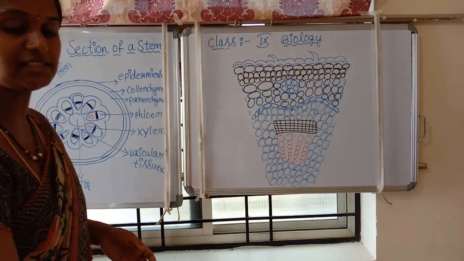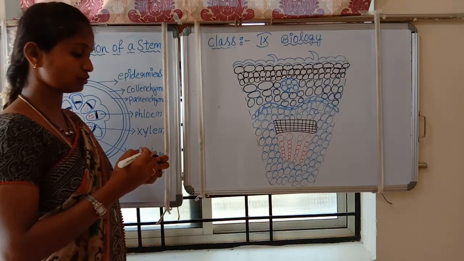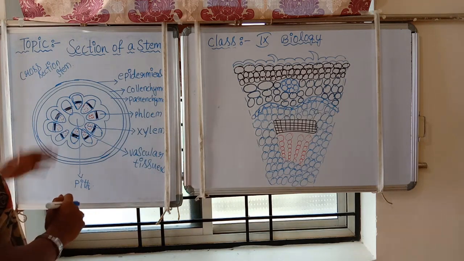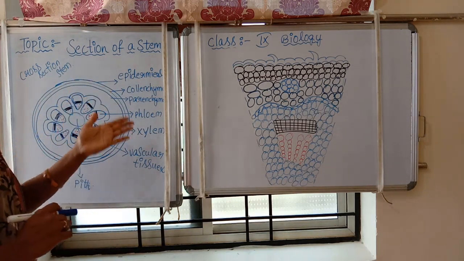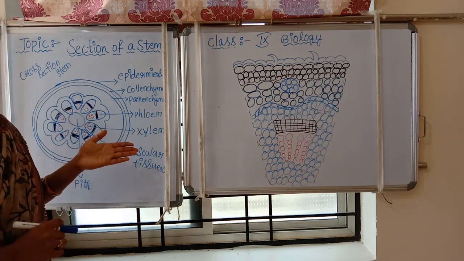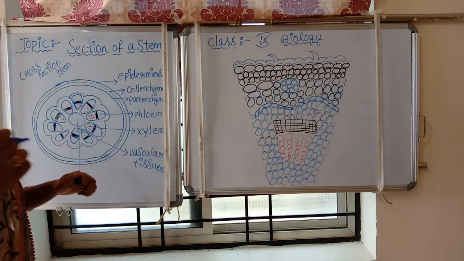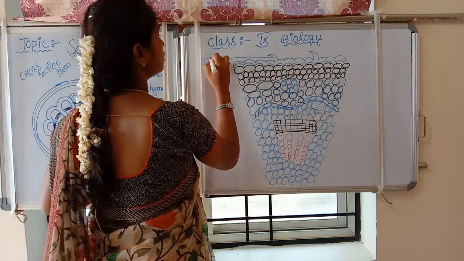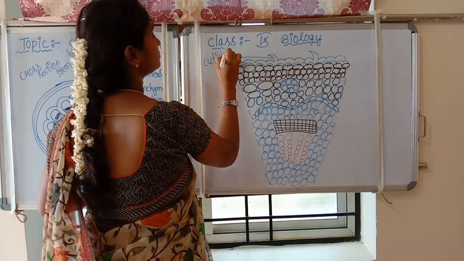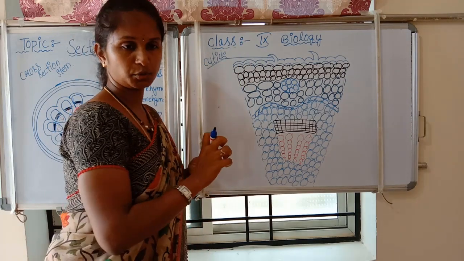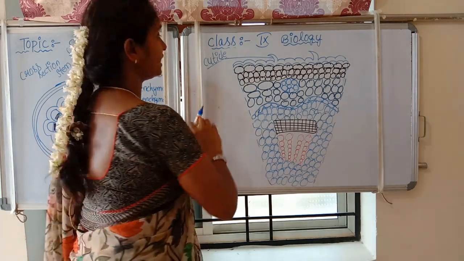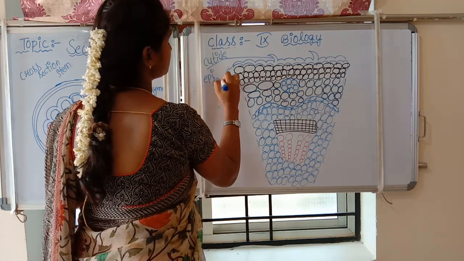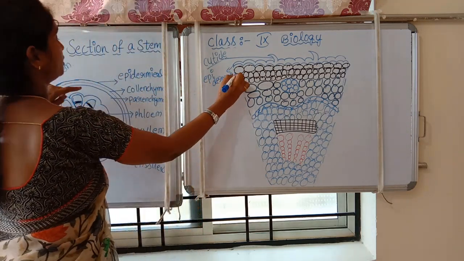This was the transection I observed under the microscope, and this is the cross section that I observed under the microscope. Here we discussed the collenchyma, parenchyma, sclerenchyma, and phloem and xylem. Now here also we will see what they are. The first layer is nothing but the cuticle, and the second layer is nothing but the epidermis in the cross section.